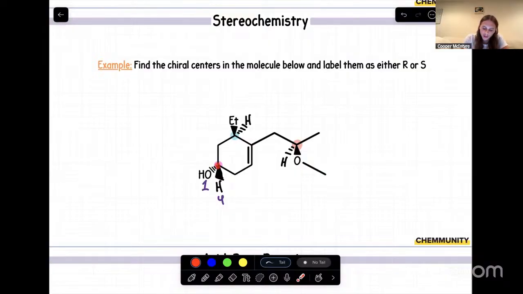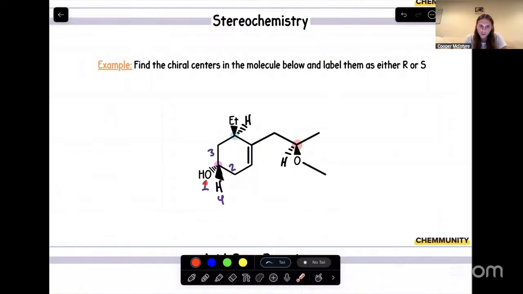So if we start here and move one carbon out on each side, we see that this carbon and this carbon are both CH2 groups. But if we were to keep on branching, we move over to this blue carbon, but most importantly, we move over to this carbon, which has a double bond. Now, since this carbon has a double bond, that means this entire group is going to have a higher priority than this one over here. So we'll go ahead and showcase that with this side being our second highest priority, then this one up here being our third priority. And then yet again, we'll go through and count everything.